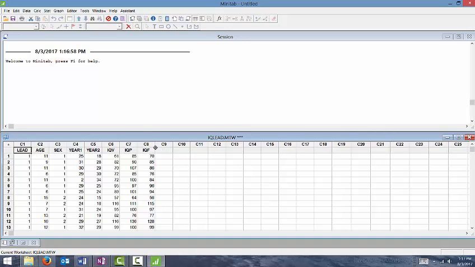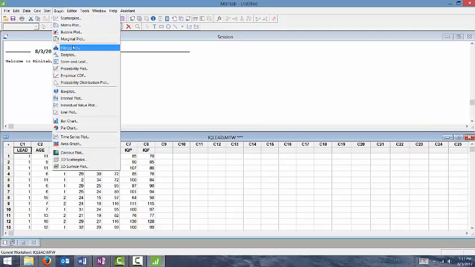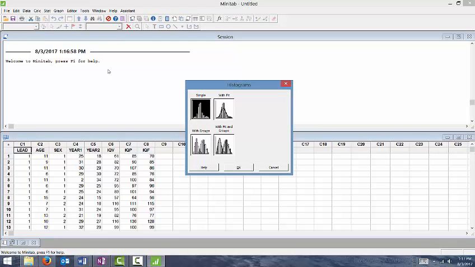So now that we have the file open, we want to create a histogram, and so whenever you're going to be doing a graph, you're going to click on this graph menu item up on the top, and it gives you a whole bunch of different options for types of graphs. So we're going to go ahead and click on histogram to create a histogram, and you can choose either a simple, or this one on the right here has the normal distribution superimposed on it. That's kind of nice. A lot of times we'll be asking you whether the data appears to be normal or not, and so if you have that superimposed, it just is kind of nice. We're not going to do that, but again, it's an option. You can select that one if you want to, but we're just going to do the simple